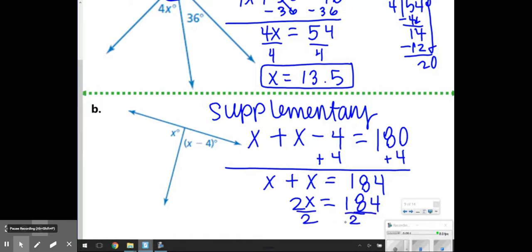184 cut in half will be 92. So for this one, I'm going to write that up here. x is equal to 92. If you need to